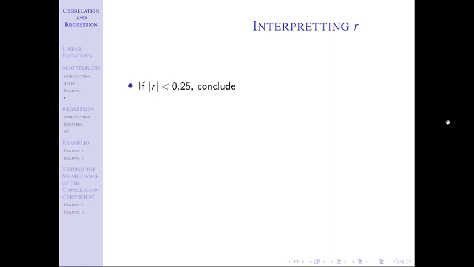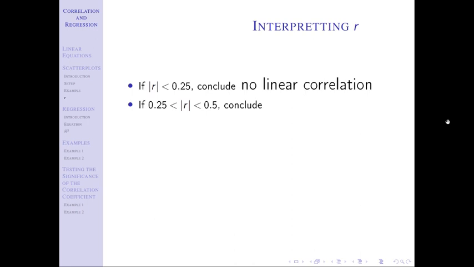If the absolute value of R is less than 0.25, so if R is between -0.25 and 0.25, again close to 0, then we say no linear correlation. And the key is you have to add the word linear, right? Because there might be a correlation, there might be a relationship. It's just that that relationship is not linear if R is that small.